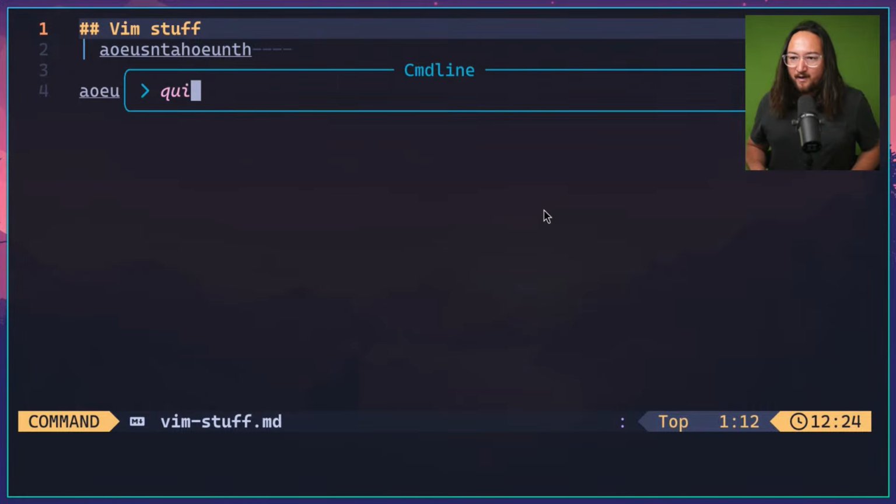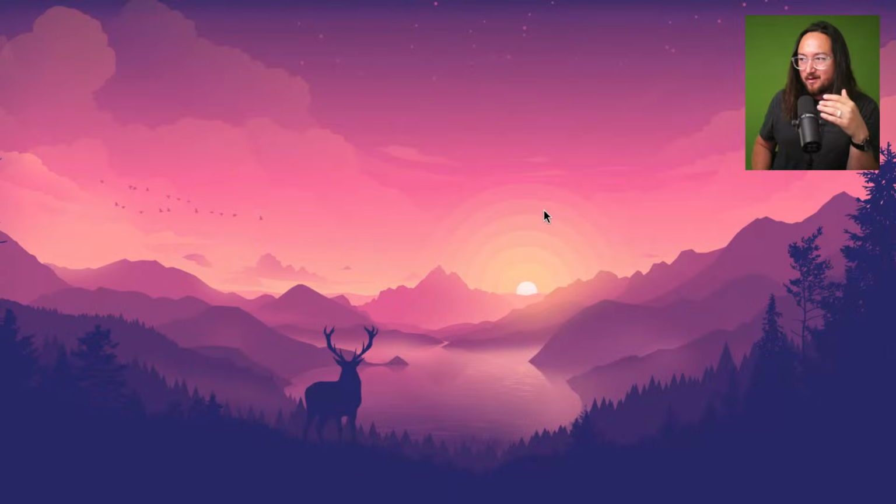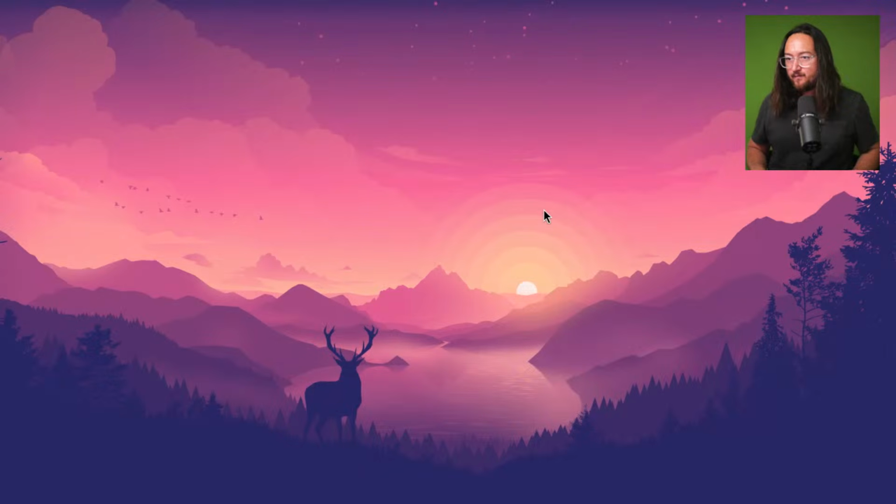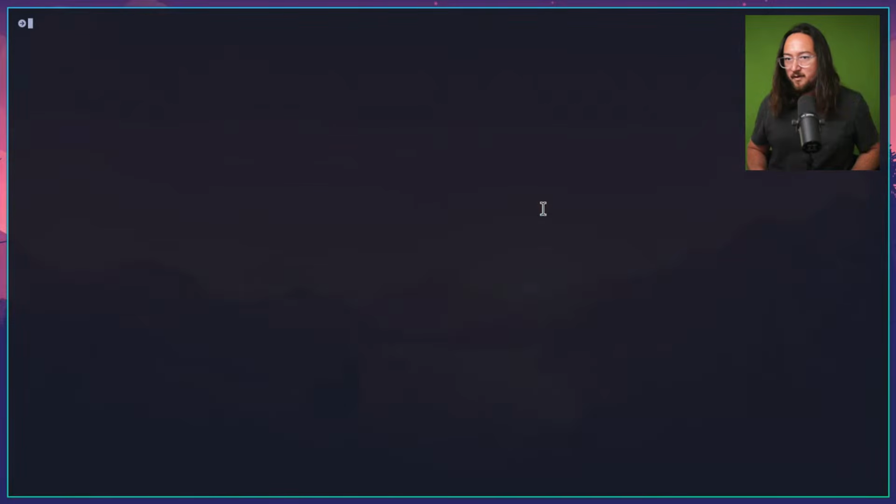There's also a quit command. So we run the quit command to leave Vim. If we were in a terminal, this would go back to our terminal. Actually, let's try that. Open up a terminal. What is it? Nvim? Is that the command? Yeah, which nvim? Yeah, okay. So we're going to nvim our